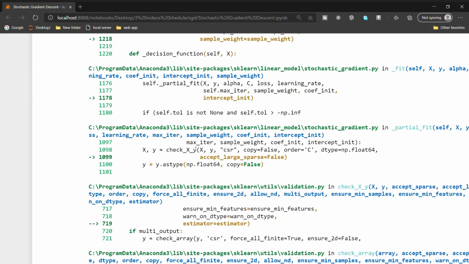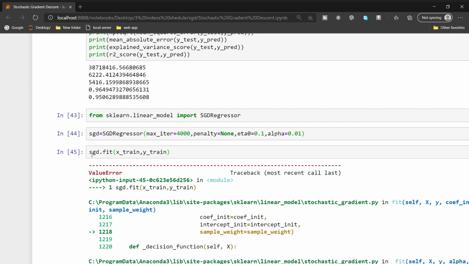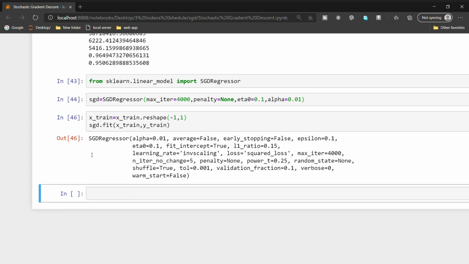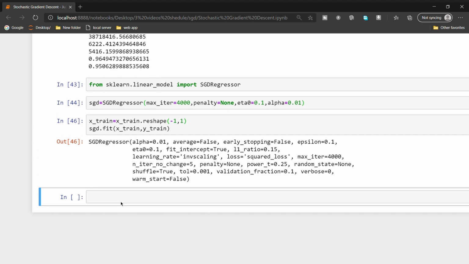Oops, we got a dimension error. We need to reshape before passing it to the model. x train equal to x train.reshape(-1, 1). Now it perfectly worked.